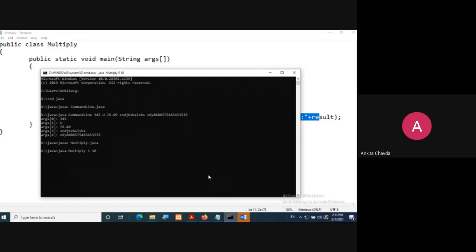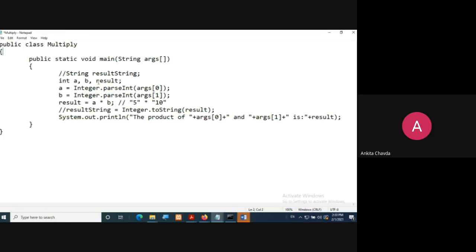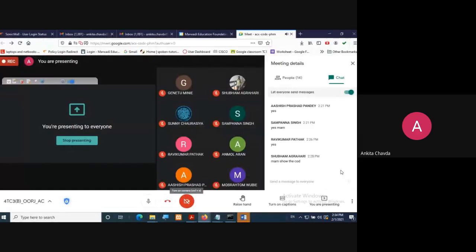At that time, it will show you that the product of 5 and 10 is 50. So this is how the user can give values at runtime. Here I'm not giving any static value for A and B. I hope you are getting this. Yes or no? Yes, Shubham, Ravi, Ashish.